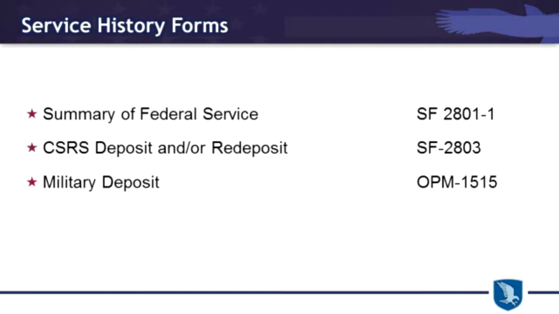If there are any deposits or redeposits to be made, you can secure that amount with the form listed 2803. And then if there is a military deposit to be made, you see the form OPM 1515. All of this is certainly worthy of your effort so that you can be correct and accurate in the amount of pension you're going to receive when you retire.